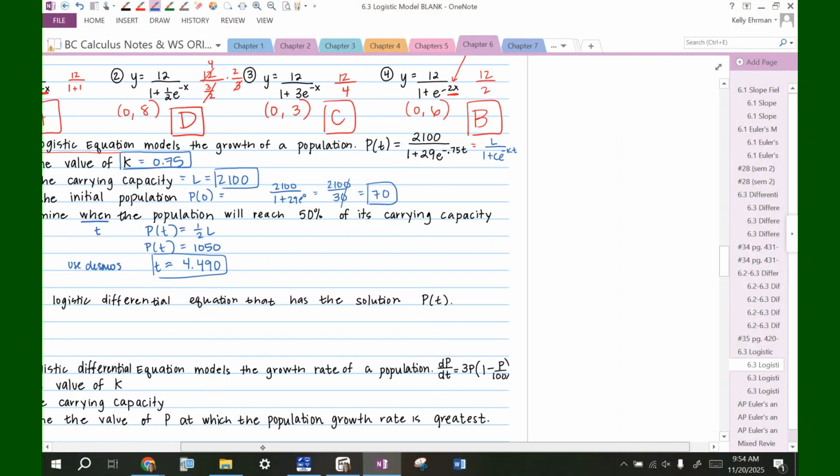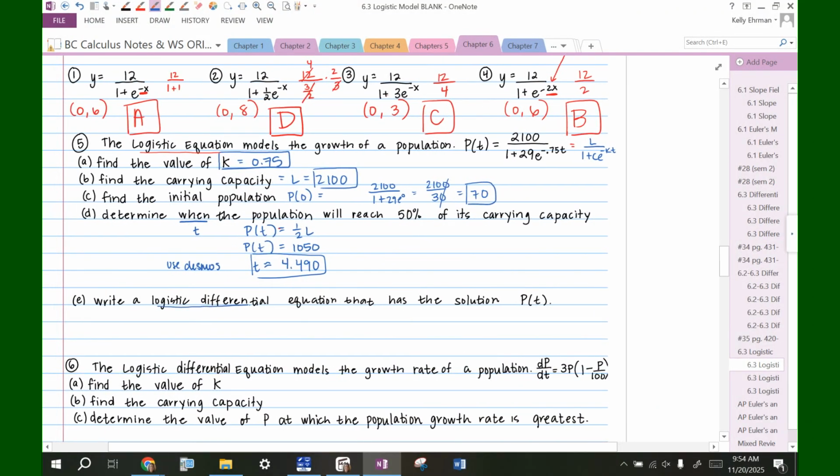All right, and then the next part says, write a logistic differential equation that has the solution P of T. So this is just testing, have you memorized this dP/dt formula yet? I know we just did the notes, so maybe not, but here it is, dP/dt. The setup in general without numbers plugged in is K times P times 1 minus P divided by L. So all we need to do is plug in the K and the L value, and they match the K and the L in the